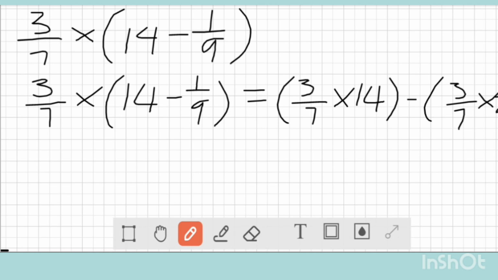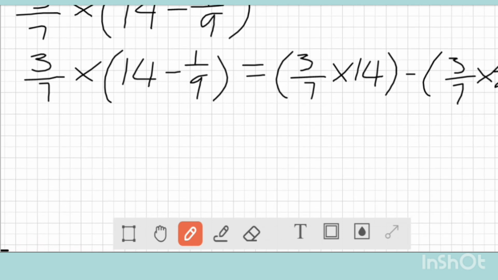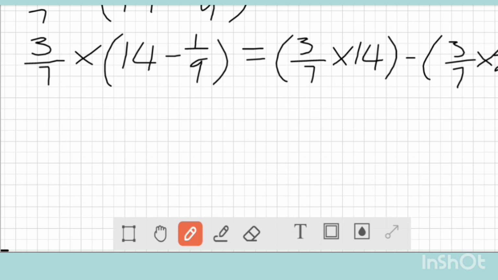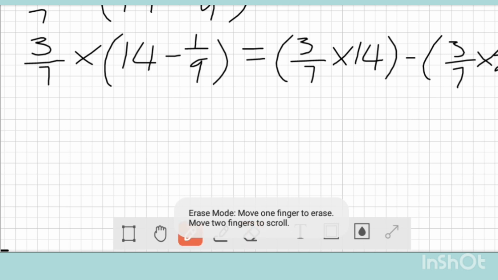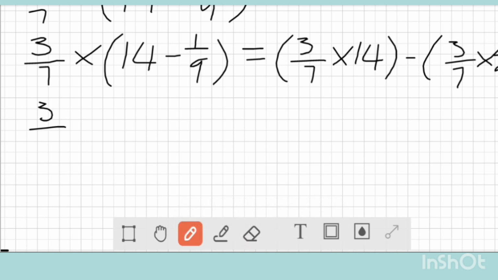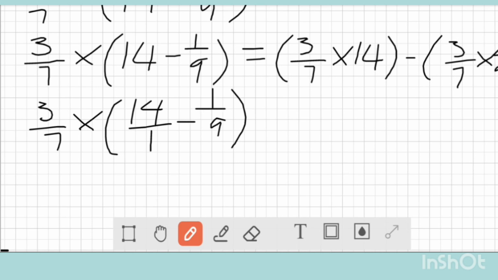So I will simplify one after the other, and as it is in the parentheses, I'm having a whole number which I'm going to simplify effectively. So here I have 3 over 7 multiplied by the whole number. Here I'm changing it to a fraction, which means I'm writing 14 over 1, then minus 1 over 9 for the parentheses equals, here I'll also write 3 over 7 multiplied by